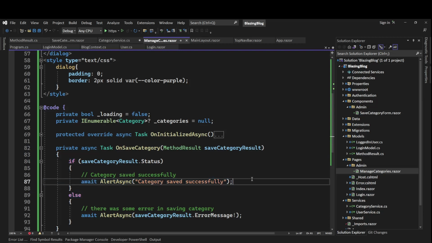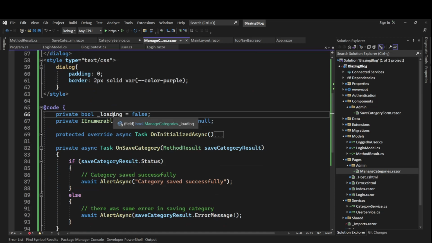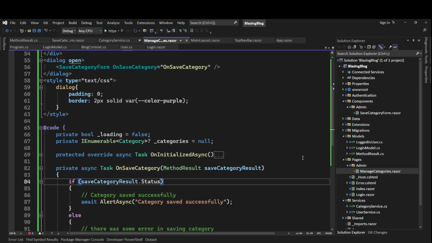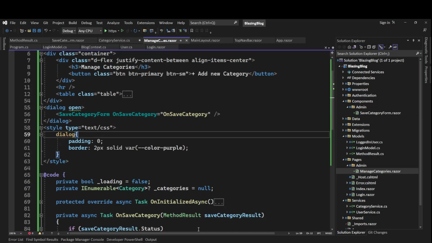Okay, now we need to have the same thing. We have this loading thing already. So let's use this loading flag. Can we use this loading flag? No, right? Because this is from here. Okay, maybe we'll try to add it later. But the next thing is we need to have that slug URL. Whenever we are adding something to the name, it should automatically slugify that and fill that slug box,